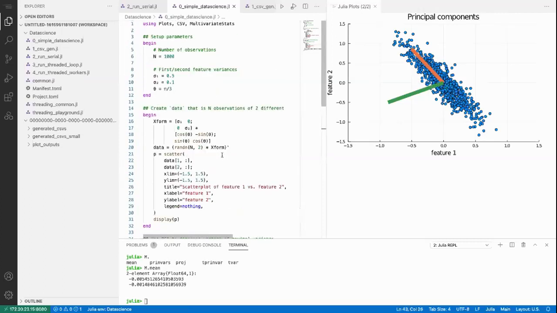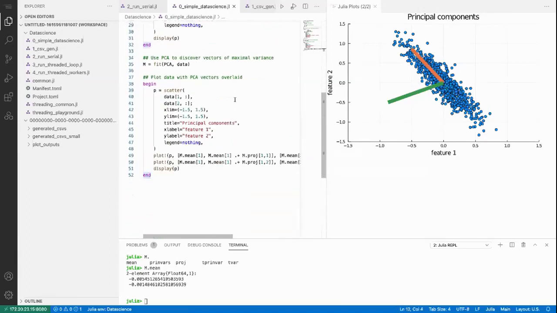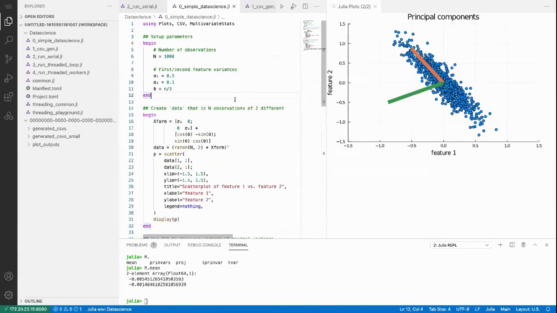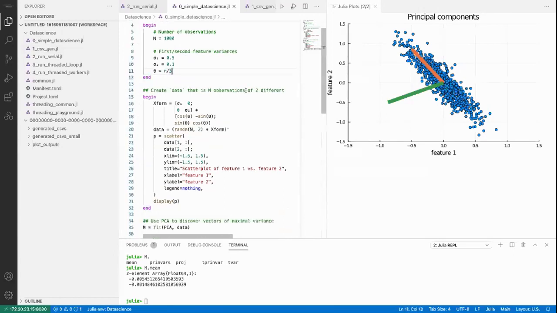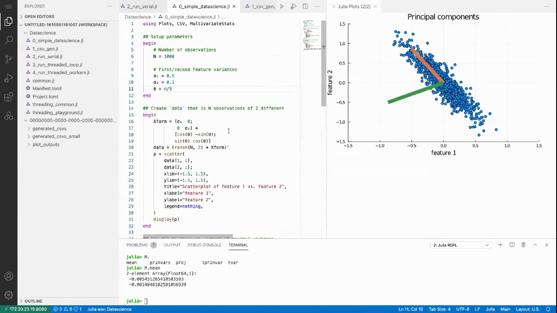So this is the kind of interactive workflow that I like to use when I'm doing this kind of data science, this kind of analysis, especially in VS Code, which I find is a pretty convenient tool to use for this kind of stuff. Let's take a step forward. I don't really want to dig into the specifics of this,